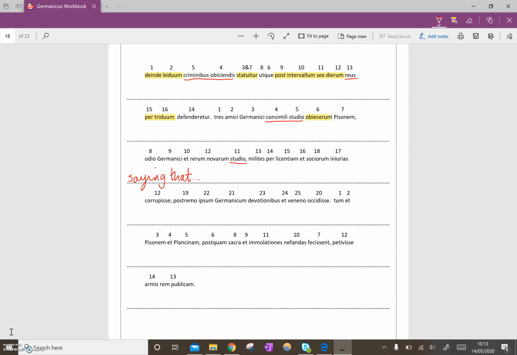And then we've heard about this earlier on in the story. He had corrupted the milites, the soldiers, and then per licentiam means through hooliganism. But if we wrote that in English, it sounds like Piso is the one committing the hooliganism. But actually, it's that he allowed that for the soldiers. So we're going to put in more English words that aren't there in the Latin, because as I said, English just needs a bit more waffle. So he had corrupted the soldiers by allowing, we're going to put in English, licentiam, hooliganism,